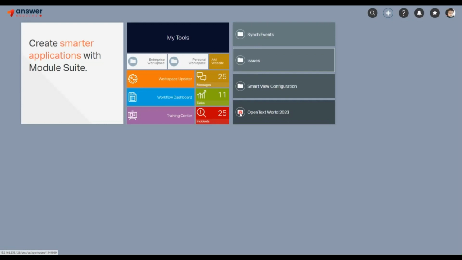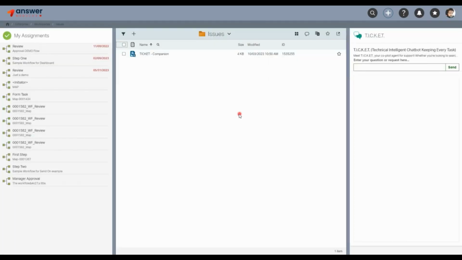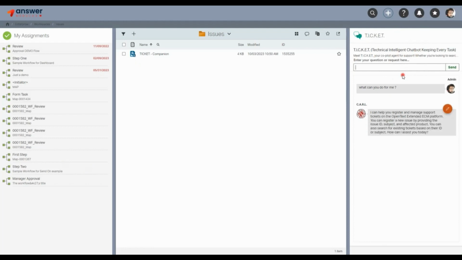What I've created here is a similar configuration to the previous one that I just showed you. I have a smart page that I've configured to present, this time, this ticket AI agent. This agent assists me in registering support tickets. So I can ask it what it is able to do. What can you do for me? And it will explain that it is going to assist me in creating